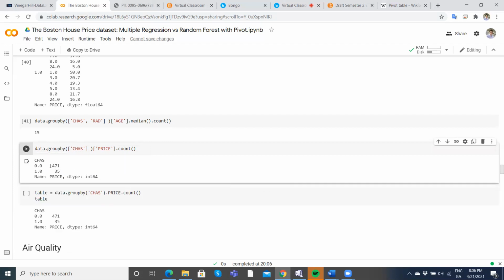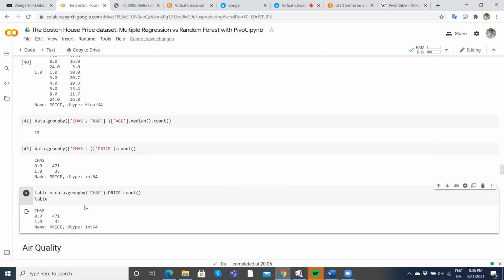what we can observe is there was 471 electoral districts that were not adjacent to the Charles River, but there was 35 that were, right? So it's, or I could have written it this way either, and I would have got the same result, right? So what pivot tables allow us to do is create a table that summarizes a much bigger table, or a much bigger spreadsheet, and that can be very useful, even specifically for